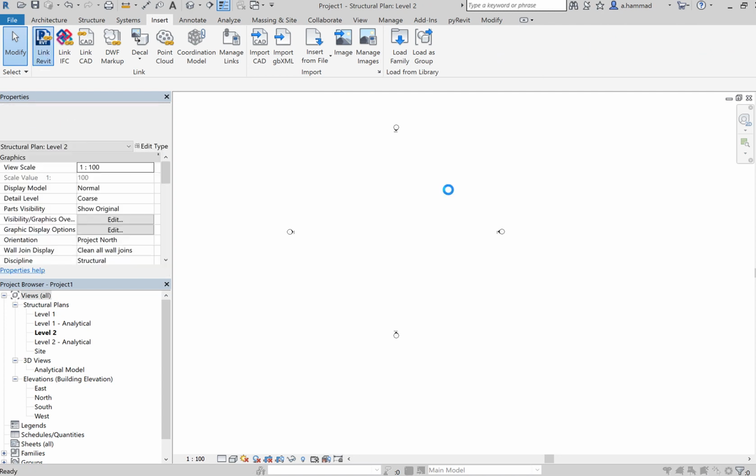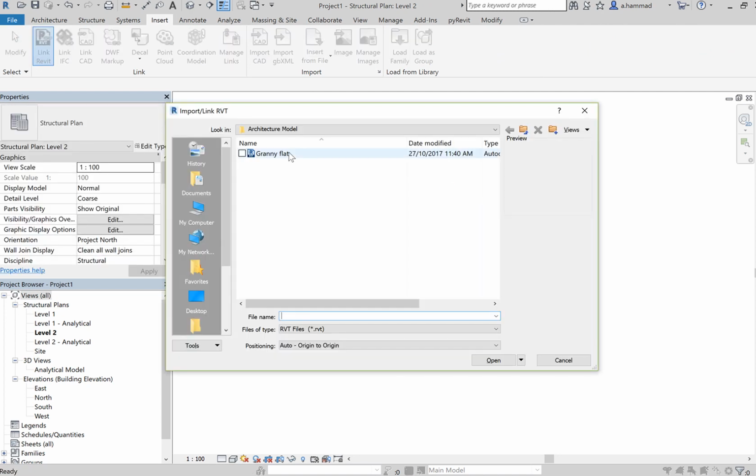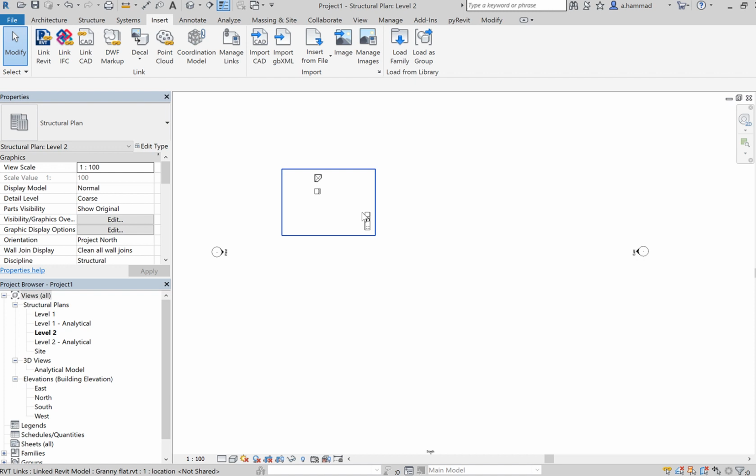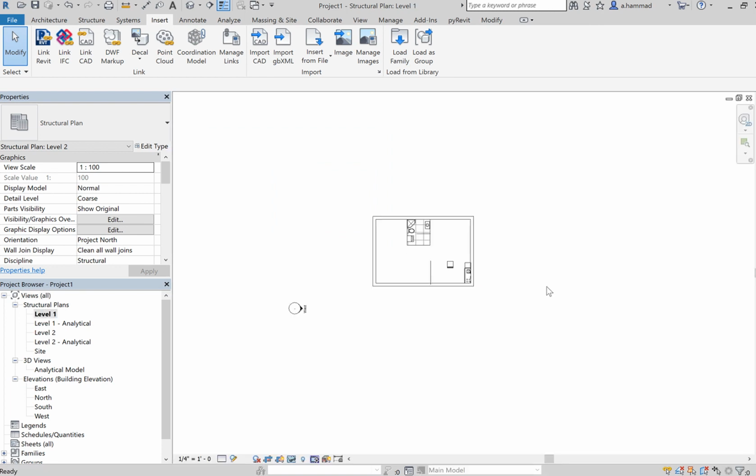So let's try this again. Click on link, and then after we click on link, granny flat, go open. Okay, so we basically now imported the model. As you see, we're on level 2. If we go to level 1,